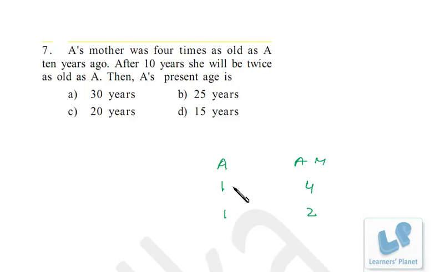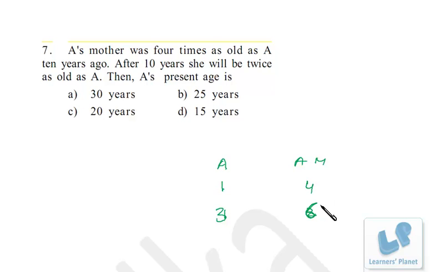Again we have to make the comparison. So what will we do? Here the difference is 3, here the difference is 1. So we'll make this difference as 3. And how do we make that? Multiply both the terms by 3. So the ratio will also be maintained and the difference will also be 3. So that's 3 and 6.